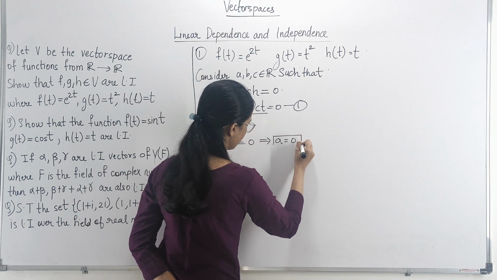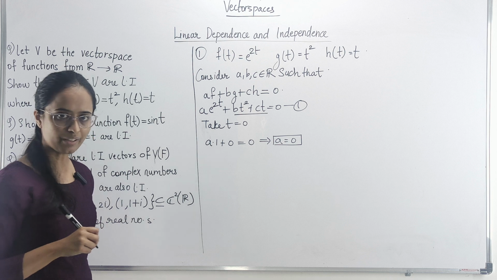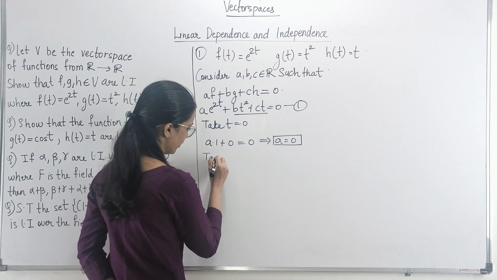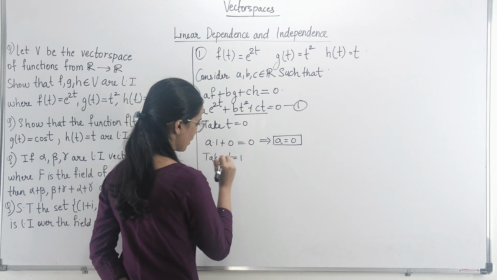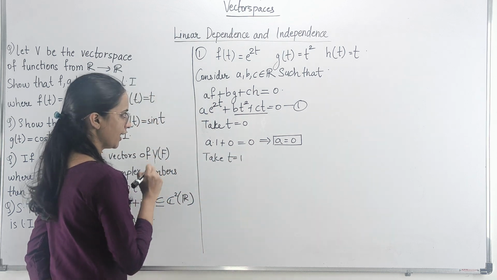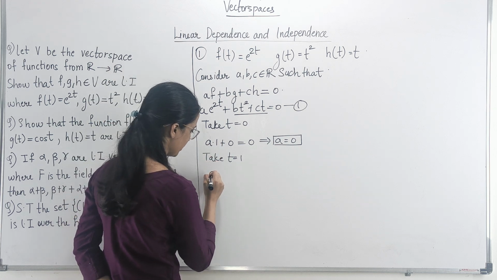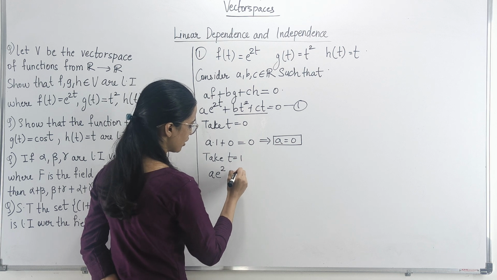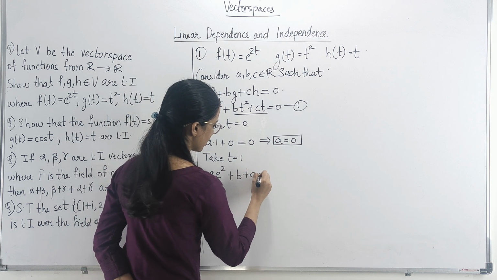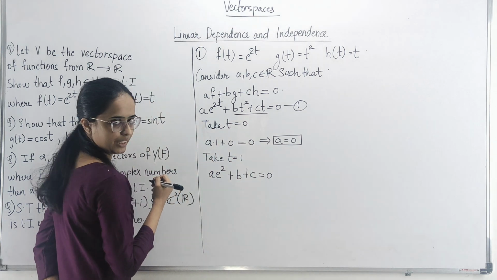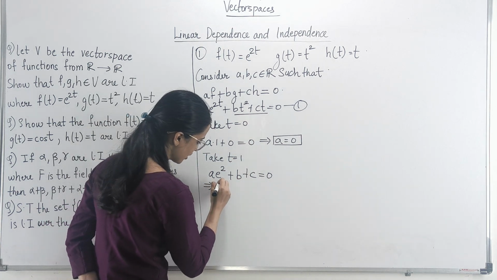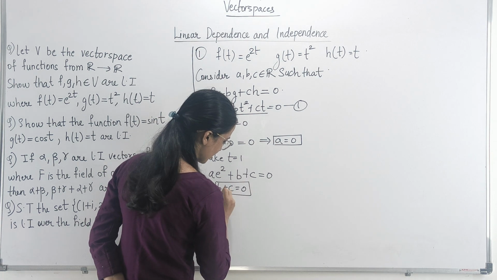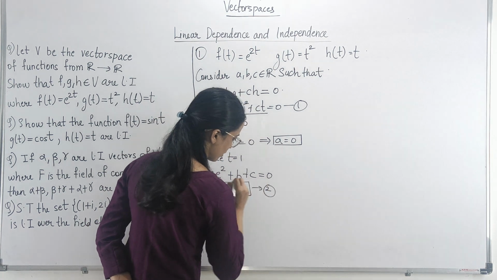तो चलो फर्स्ट कांस्टेंट तो हमें 0 मिल गया. नाउ लेट अस सी व्हाट हैपेंस टू B and C. So now we are going to take t equals to 1. When I take t equals to 1, again the equation number 1 turns out to be A into e raised to 2t है तो 2 बन जाएगा. Then we get B plus C equals to 0. Now we know A is equal to 0. That is why this equation becomes B plus C equals to 0. यहाँ से हमें कुछ नहीं मिलता है. I would just name this as equation number 2.